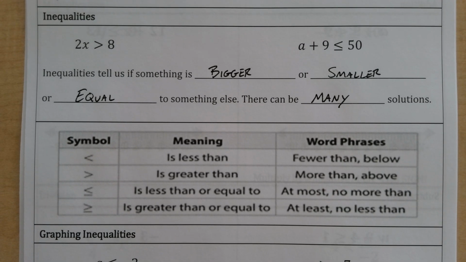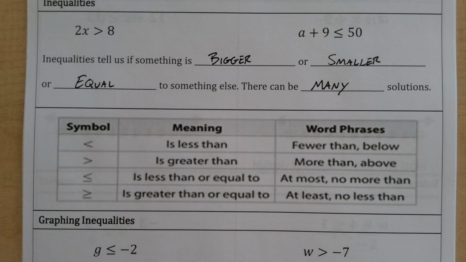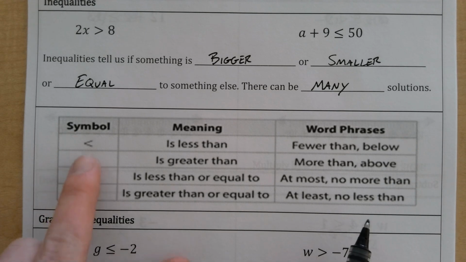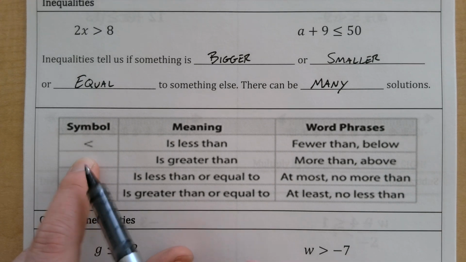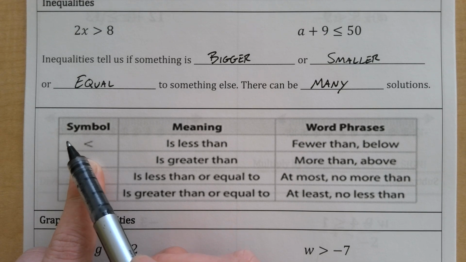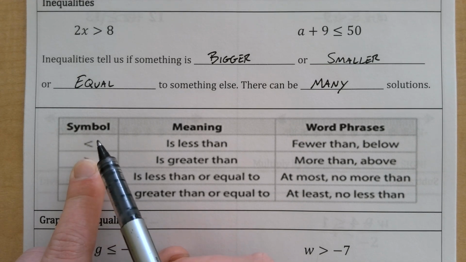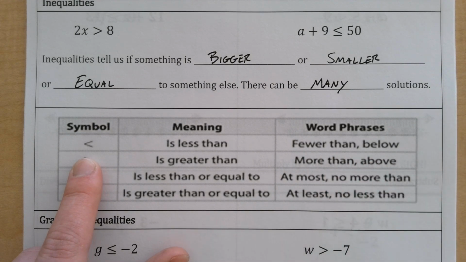It's been a bit since we've looked at inequality symbols, but they're important. So there's a couple symbols, and there's a couple words that we use to describe them. This symbol right here, it's the carrot that goes to the left. Think about it like an alligator that wants to eat the bigger thing. We read this as is less than. So I could say that 2 is less than 3. We would also see fewer than or below used in a word problem